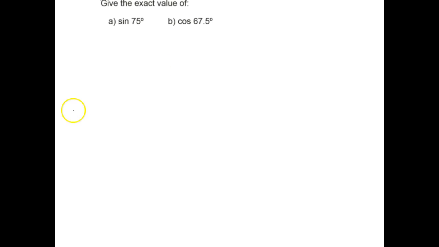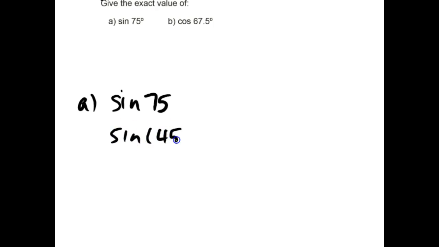We have sine of 75. Well, our old rule is if it ends in 5, use 45. Sine 75 could be the same as saying 45 plus 30. And these are your sum and difference rules, which makes this to be